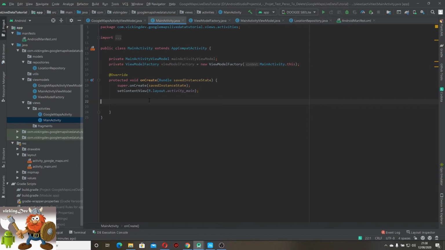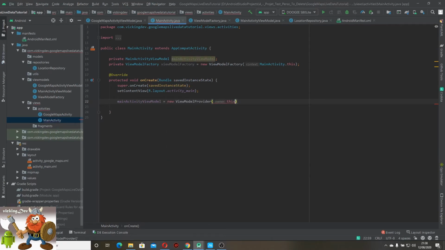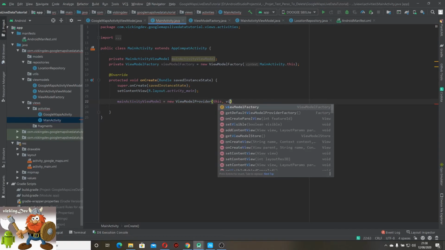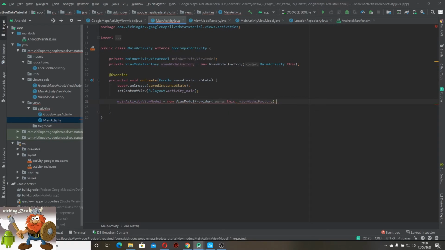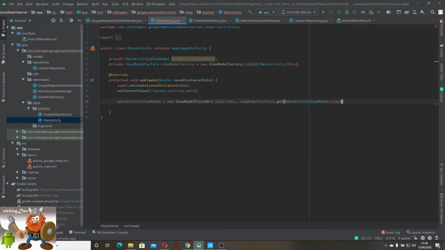Okay, so inside MainActivity, new ViewModelProvider(this, viewModelFactory).get(MainActivityViewModel.class). Okay,